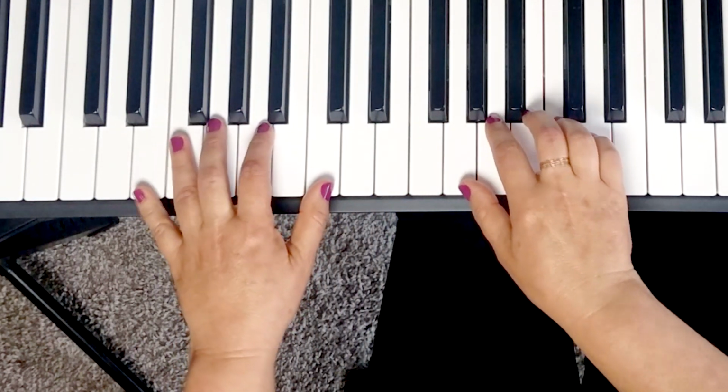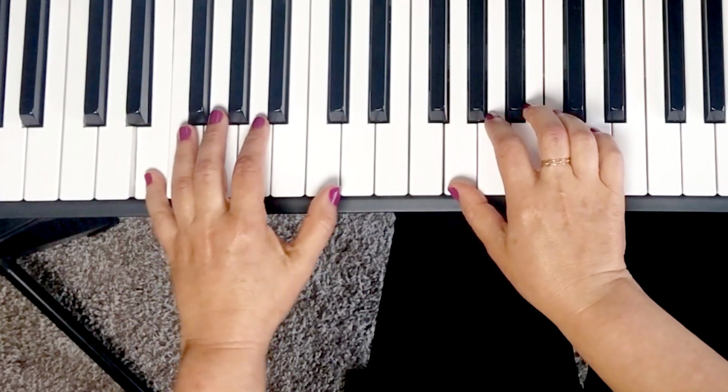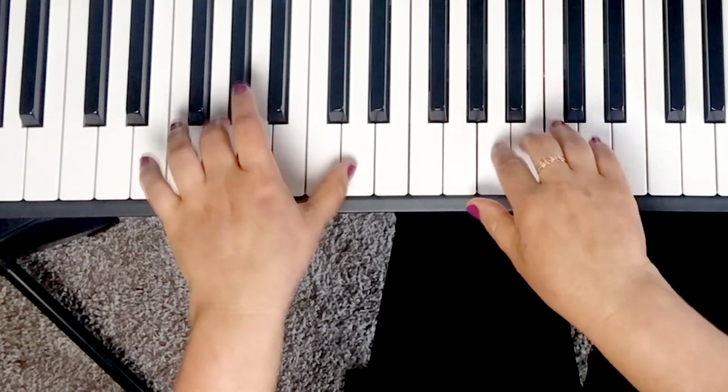Again, the pedal was holding from before. Change it as soon as you play beat 1. Change, change,